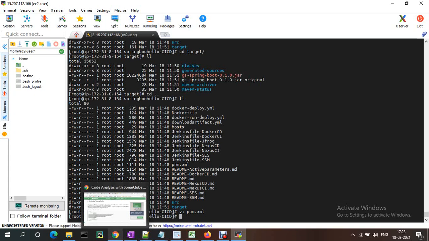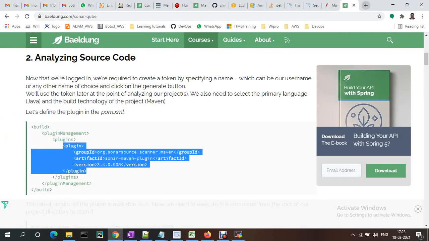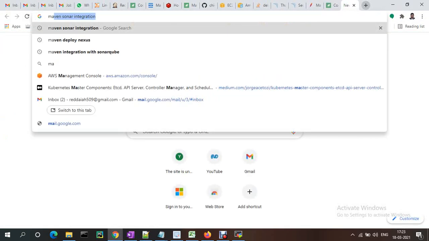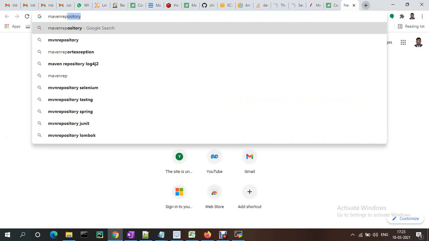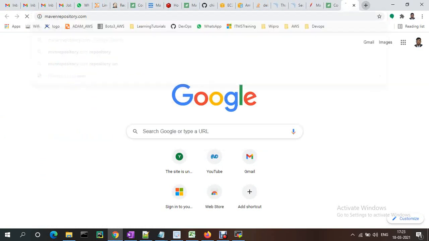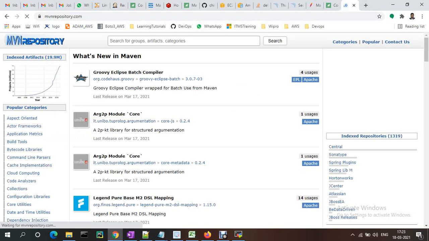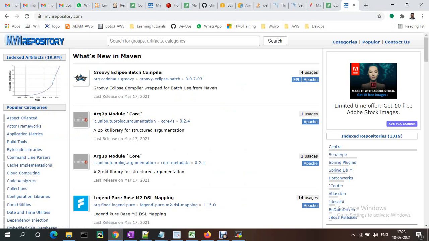If you want to check the version, you can check it on mvnrepository.com. Here it will show you the list of plugins and their versions.